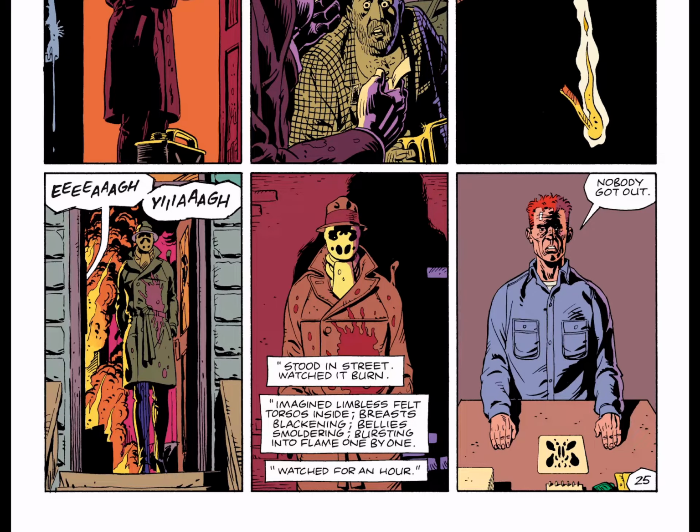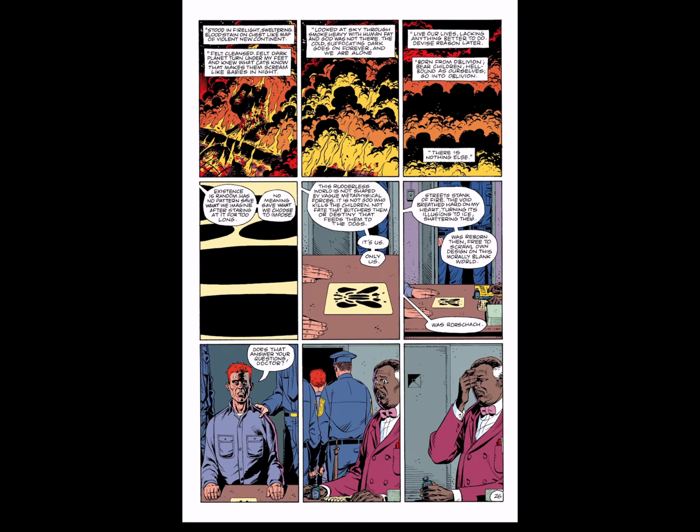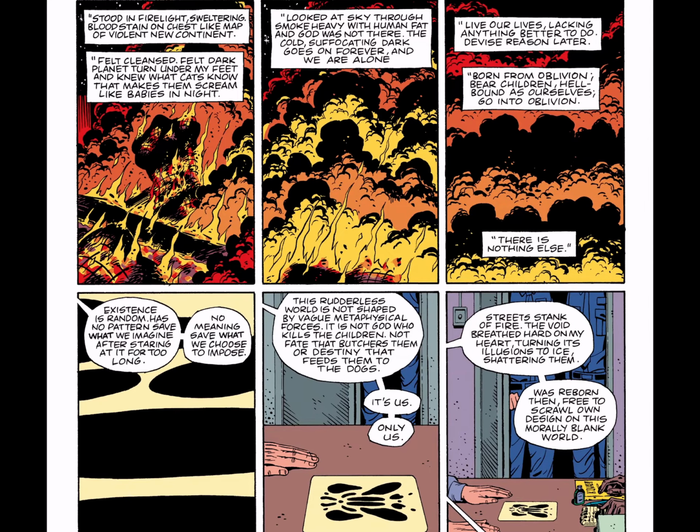Stood in street, watched it burn. Imagined limbless fetal torsos inside, breasts blackening, bellies smoldering, bursting into flame one by one. Watched for an hour. Nobody got out. And this is the big one, right? Stood in firelight, sweltering, bloodstain on chest like map of violent new continent. Felt cleansed, felt dark planet turn under my feet, and knew what cats know that makes them scream like babies